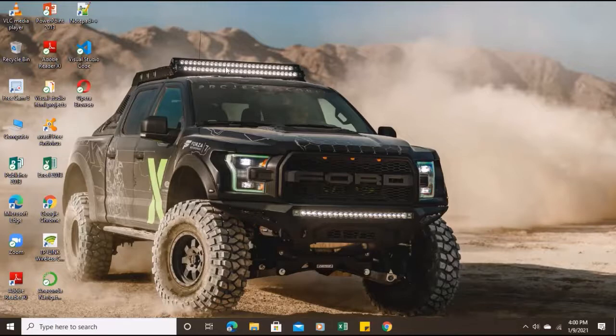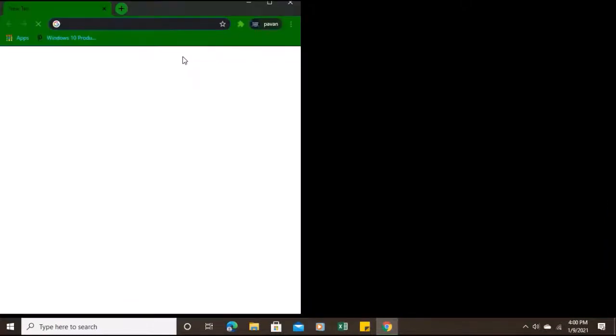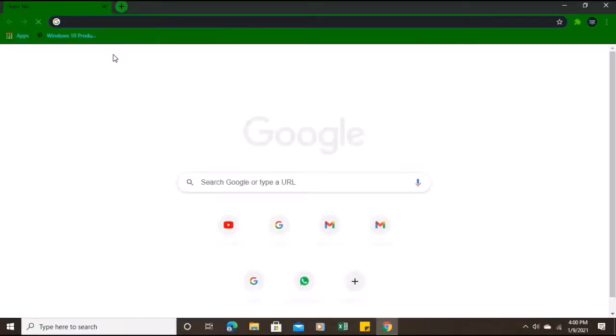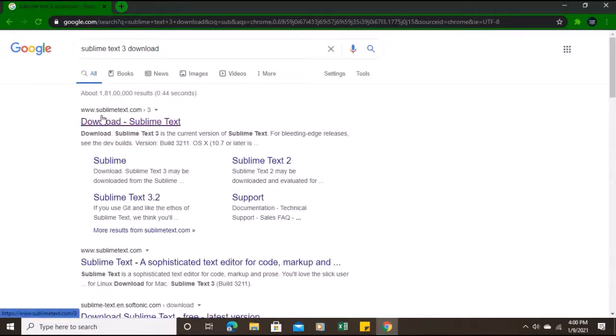So now let's keep all things aside and focus on our today's video concept, how to download Sublime Text 3 editor. So now let's get started. You can use any browser like Edge browser or Chrome browser. I choose Chrome browser because it's much better than Edge. After you come over here, just type Sublime Text 3 download, and after that you should click on the first thing,